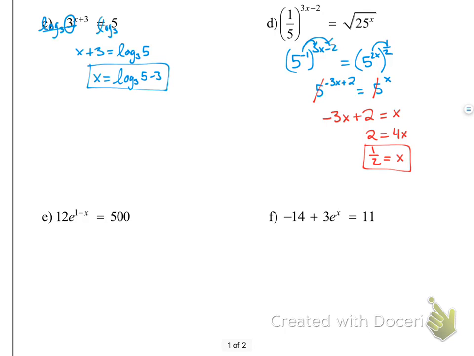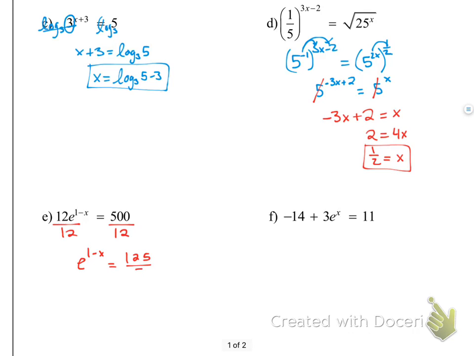Now for E, we have to first make sure that we get our base by itself. Okay, you always have to isolate the base first. On example C, they were already pretty much isolated, or the 3 was already isolated. So we're going to divide by 12. When we divide by 12, that actually simplifies to